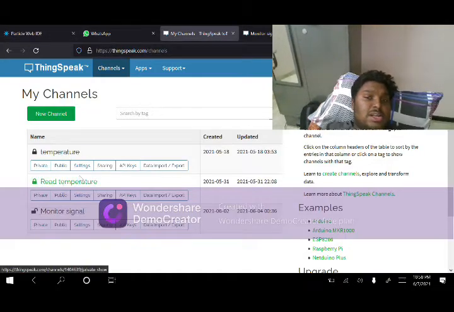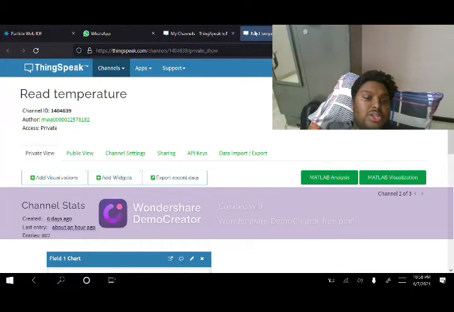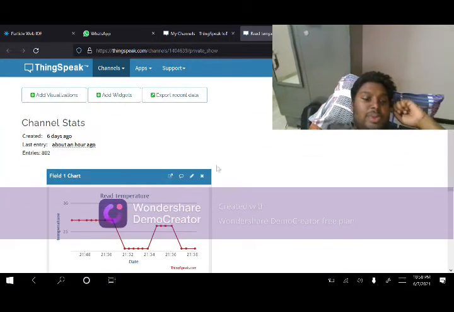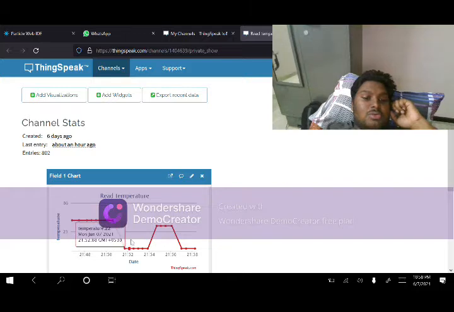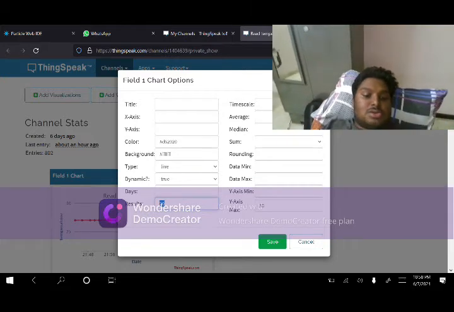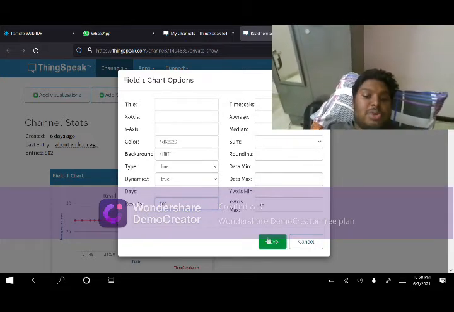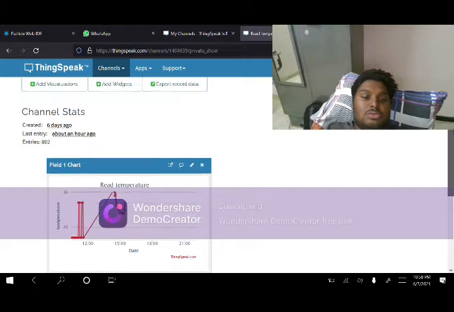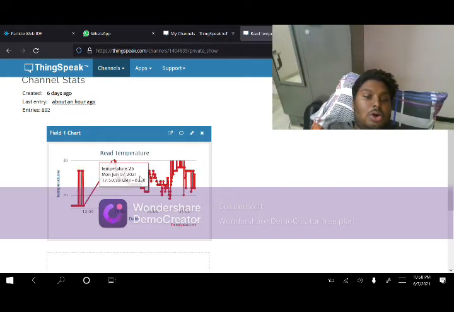So that ThingSpeak channel is over here. So you can here see all the temperature read and temperature not read. So all those stuffs will be here. I'll just put some 500 results, so you can see how much temperature I had read till now. You can see here all the different types of temperatures I had read from the temperature sensor from afternoon.